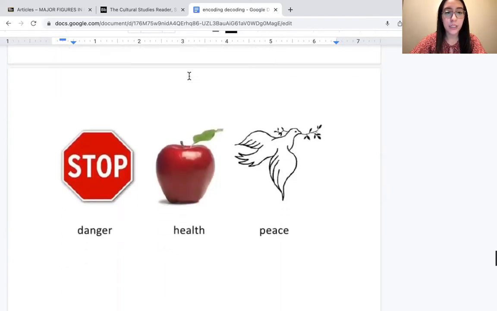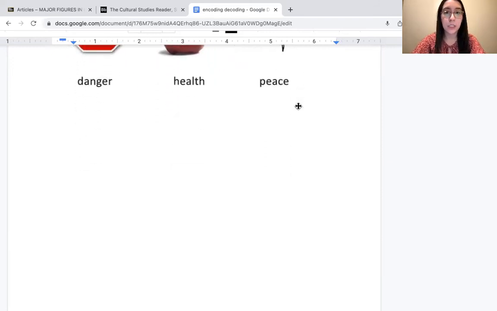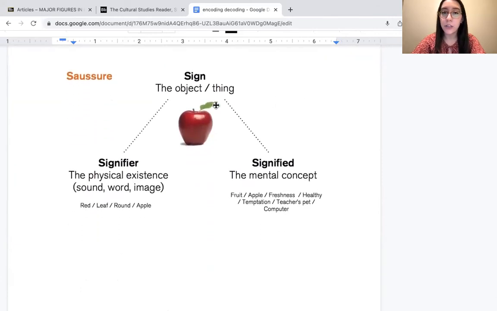Okay, so we'll continue with a couple other ones like we just spoke about. The stop sign signifies danger, whereas an apple signifies health and wellness. An apple a day keeps the doctor away, and then a dove promotes peace. That's the message that we are going to decode from that. Okay, just another little diagram.